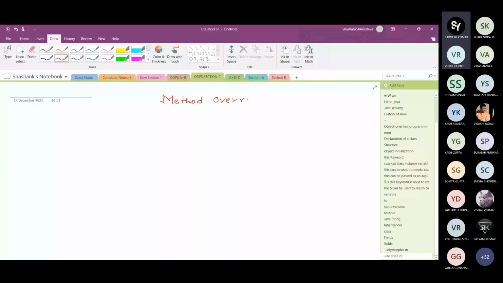We have already discussed method overriding. Method overriding occurs in the case of inheritance. A parent class is inherited by its child class, and the child class extends the features of the parent class by reusing them, by adding extra features in the child class, or by modifying its already existing methods.